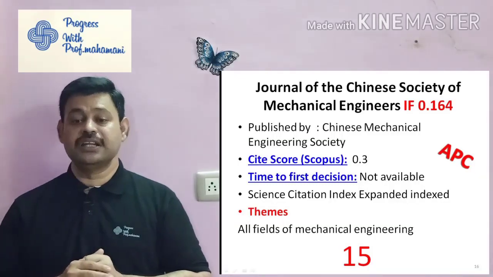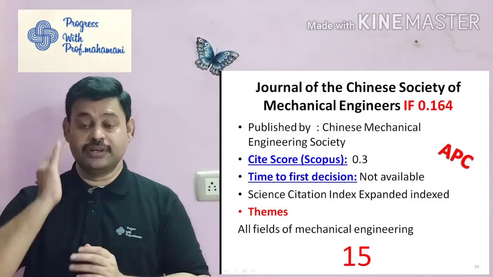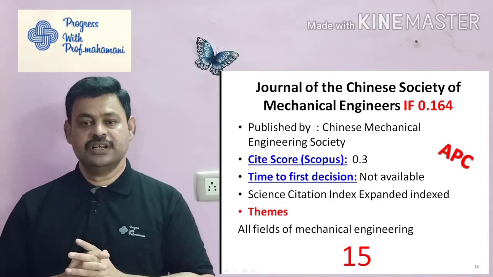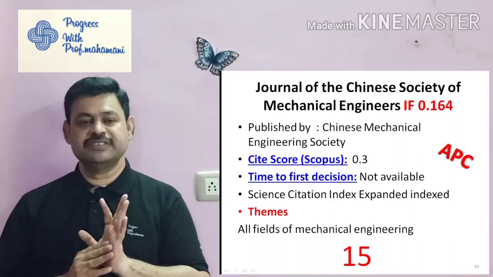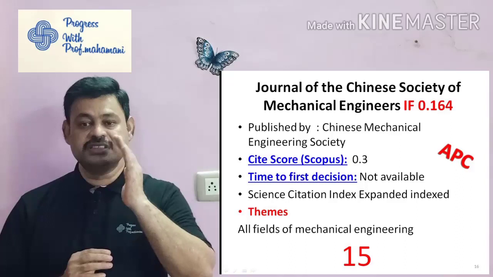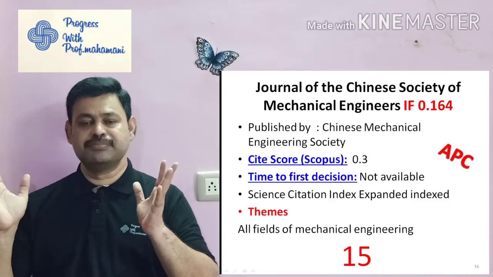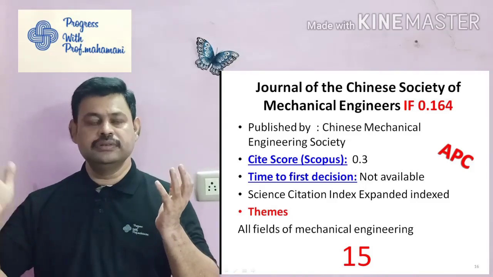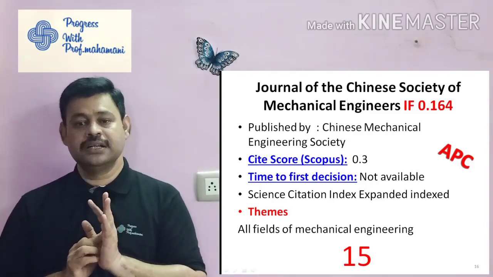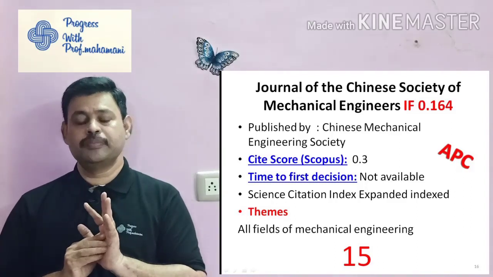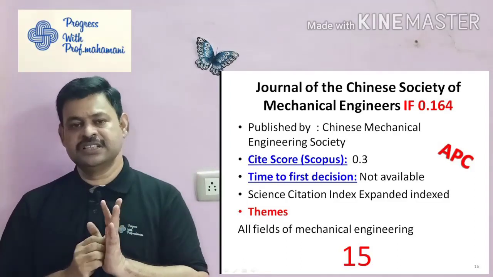If you go to the last journal in my list, the 15th one is the Journal of the Chinese Society of Mechanical Engineers. The impact factor for this journal is 0.164. This is published by the Chinese Mechanical Engineering Society. This journal is Scopus indexed with a CiteScore of 0.3. Time to first edition is not available for this particular journal. Normally, if I look at some published journals, from article collection to edition they are taking 3 to 4 months. This is a SCIE index journal. The theme for this journal is all fields of mechanical engineering. All are good, impact factor, everything is okay, but the only drawback for this journal is they are collecting